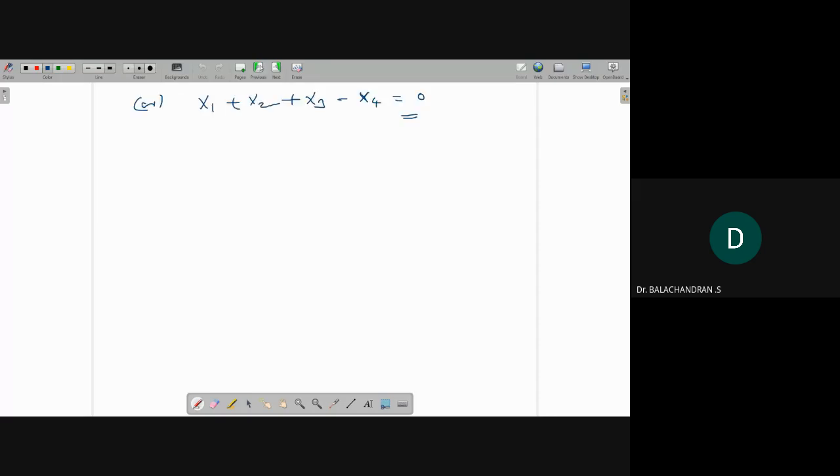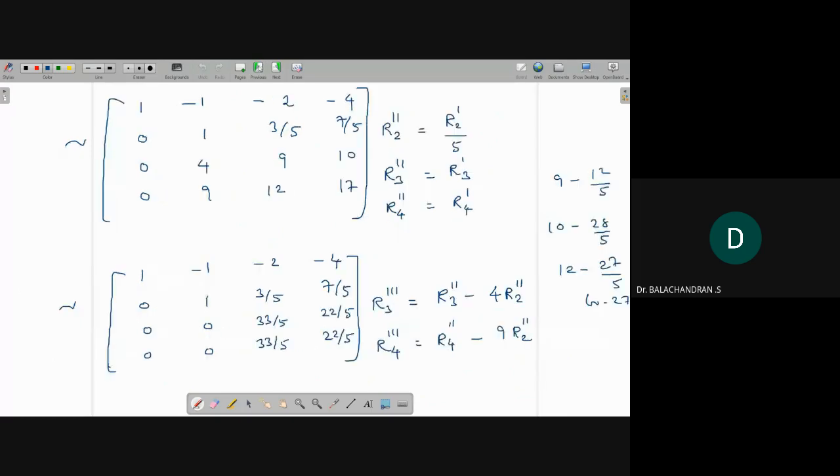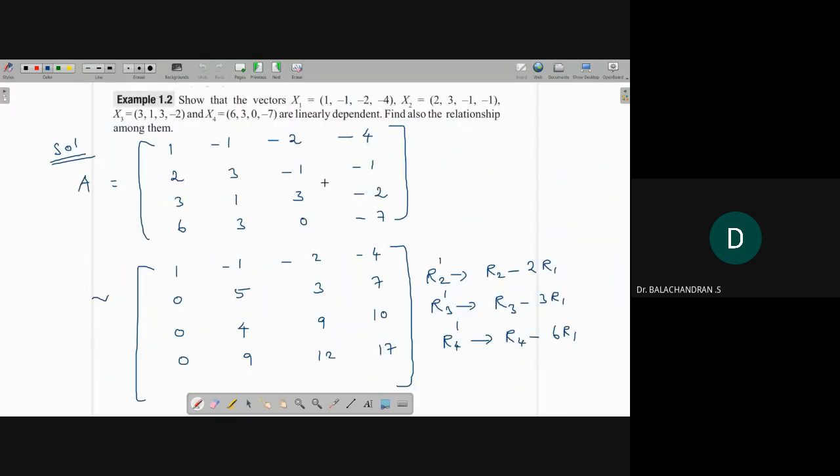So now suppose there is one more idea. Just I will tell you. You can try later. Okay. Suppose in this problem, they are asking only to show that the vectors are linearly dependent. They don't ask the relationship. Then